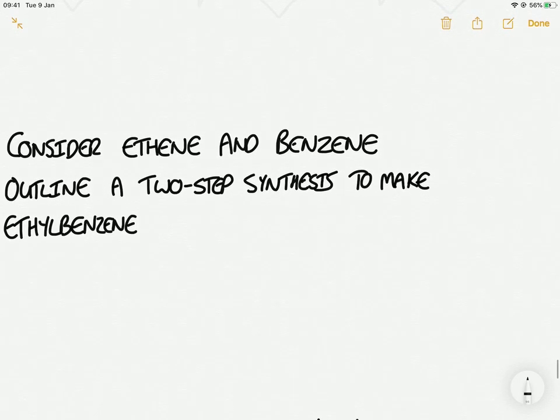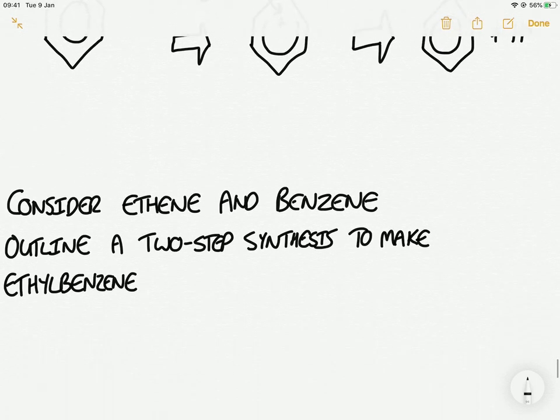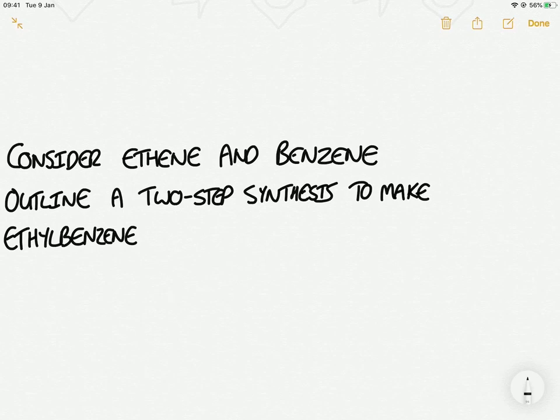So one of the hardest questions that I've ever seen about this was, the wording wasn't like this, but it was essentially saying, if you start with ethene and benzene, can you outline a two-step synthesis to make ethyl benzene? So we've just made ethyl benzene, but this is saying if you start with ethene and benzene. So again, if you want to challenge yourself, think about this. You do actually know all the stuff that you need to answer this. It's just that you might not know that you know it. So if you've had a go,